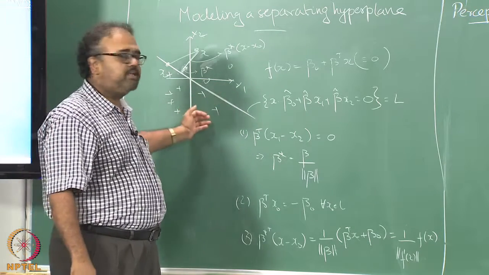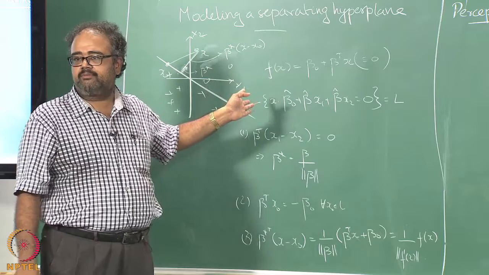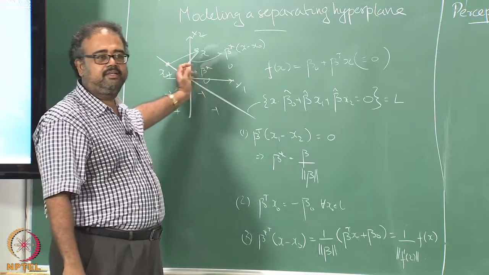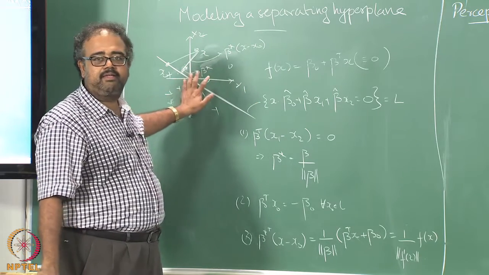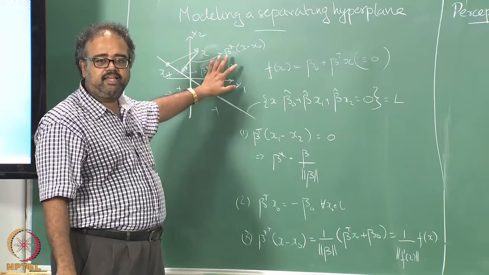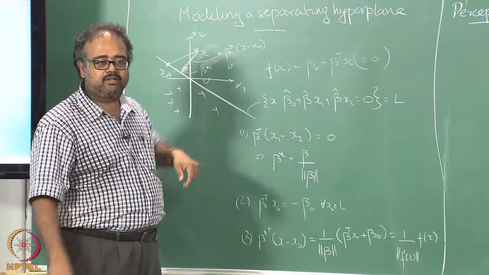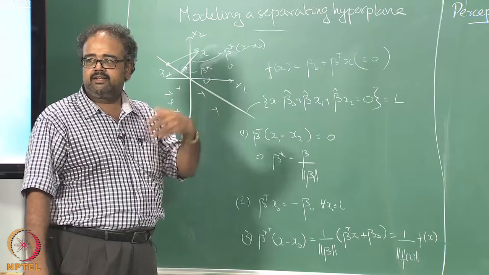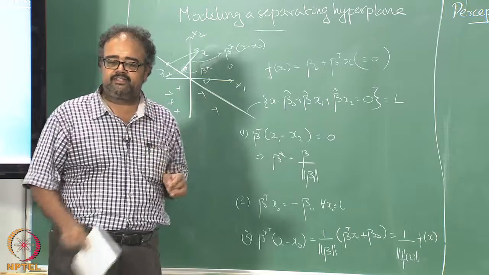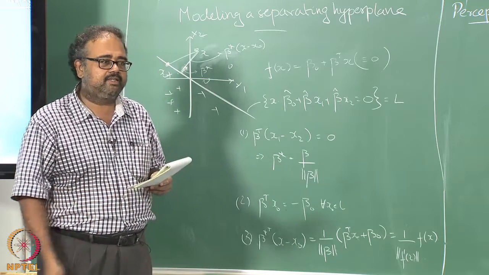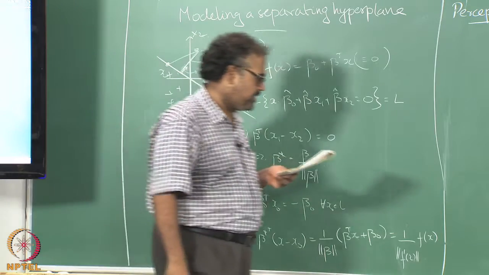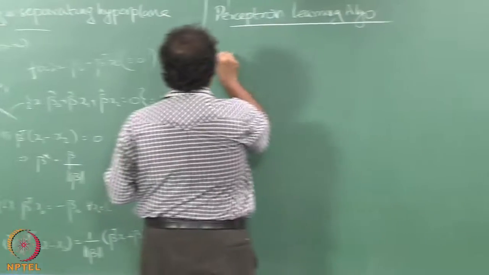In fact, if I put it on the other side, I am happy, I am doing the signed distances. If I put it on the right side, I am happy. If you put it on the wrong side, I try to keep it as close to the hyperplane as possible, so that at least there is some satisfaction that we are not getting something very egregiously wrong. So I am going to minimize